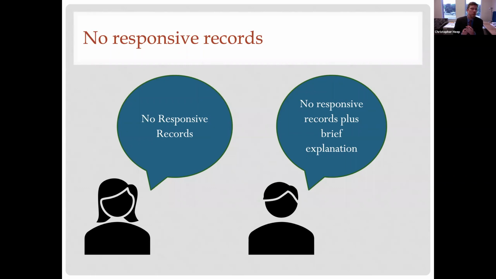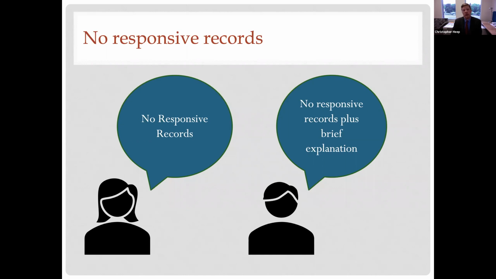And just one additional practice point that we like to note here is that the town can simply say, we don't have any responsive documents, or the town can also provide some additional explanation as to either why there are no responsive documents or where a party might find some helpful information that they were actually looking for.